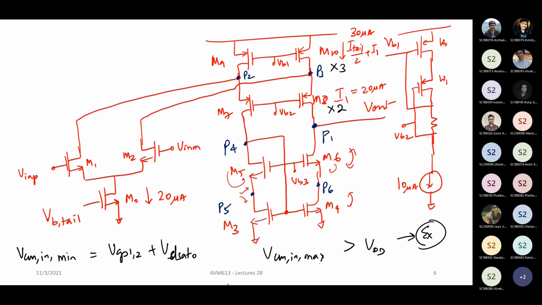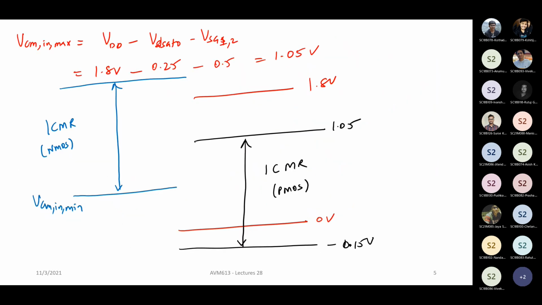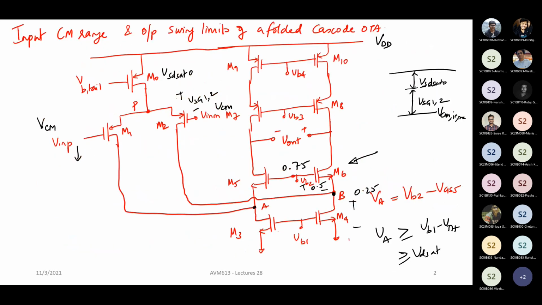In your differential case, because of the symmetry that is associated with this one, you'll basically have only the output pole. Let's call it as pole 1 and pole 1 here. It is symmetric, right? And then you have pole 2 and pole 2 here, right? This is what we saw in last class also. This is for a differential case, you have one dominant pole. The dominant pole is pole 1, and the non-dominant pole is basically pole 2 in the case of a fully differential folded cascode OTA.